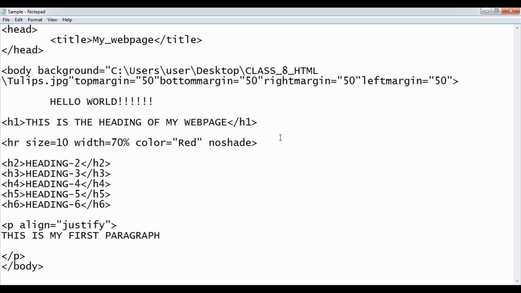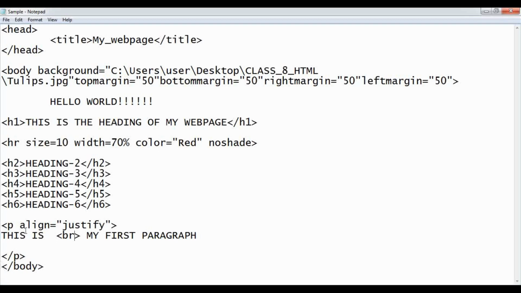The next one is the line spacing, giving the space between the lines. Now to give space between the lines, you will use the tag called break. So break tag is given with BR. There is a line, this is my first paragraph. Now let's say I want to bring my first paragraph in the next line. So what I have to do is just simply write BR in between where I want to break the line. So BR tag is giving you a simple break. That is why this is also an empty element and we won't have a closing BR tag.